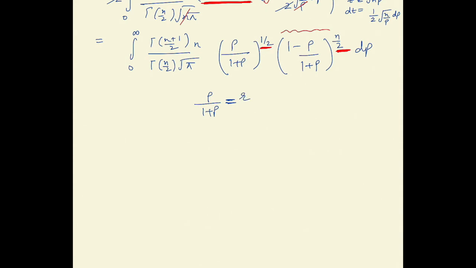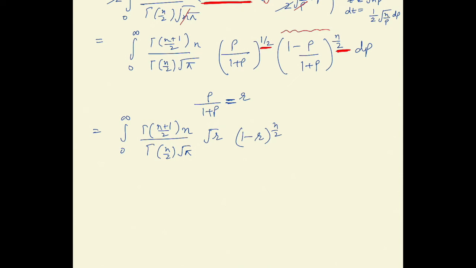Then we'll get this integration to be 0 to infinity gamma n plus 1 by 2, gamma n by 2 root pi, and so this is root r, and this is 1 minus r raised to power n by 2,